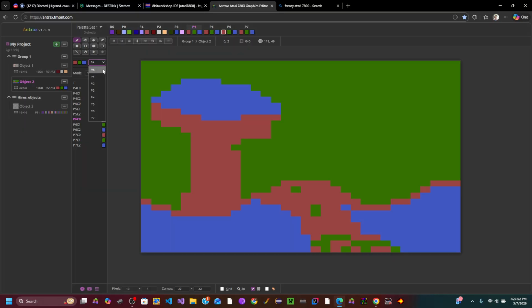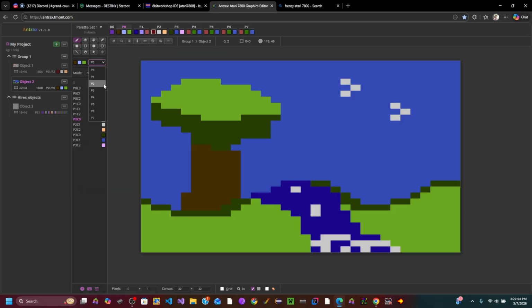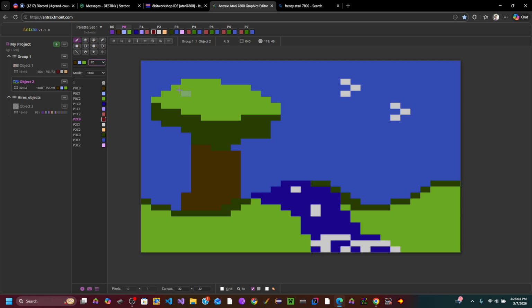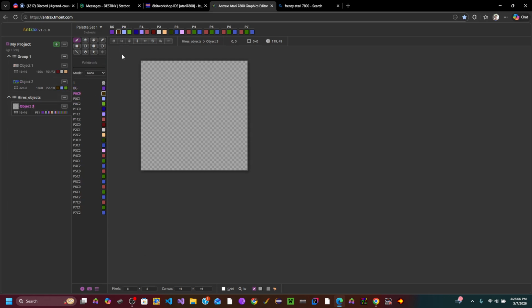So with 160 mode, with 160B, you get two options for colors. Granted, both of these scenes still have a maximum of 12 colors. The colors are just different. So back to our high-res objects,